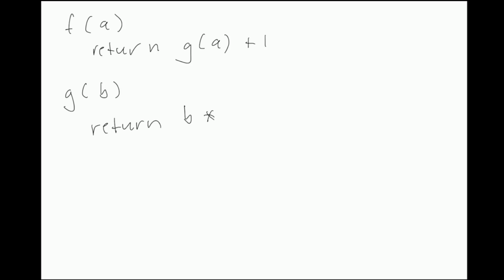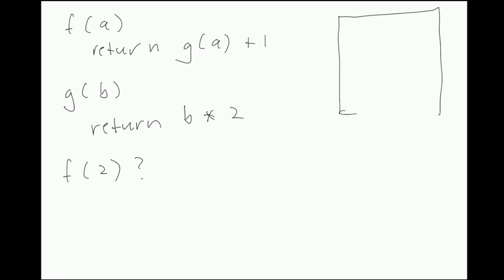Let's say we have two functions, function f, which returns g of a plus 1, and the function g returns b times 2. So what happens when we call f of 2? In memory,